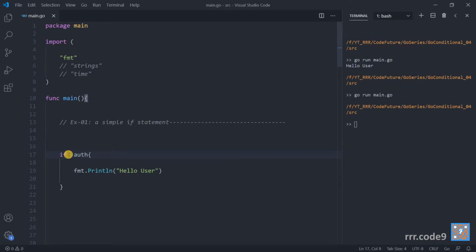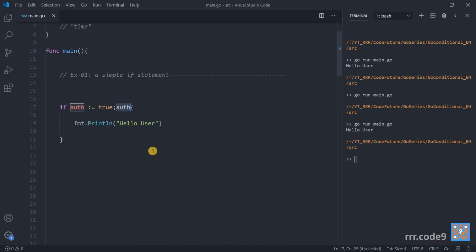We can write it on the first line. So here we can put a semicolon, and after that we can put this boolean value. Let's run this code and I'll make it true so that we can see the output. Okay, so this also works.